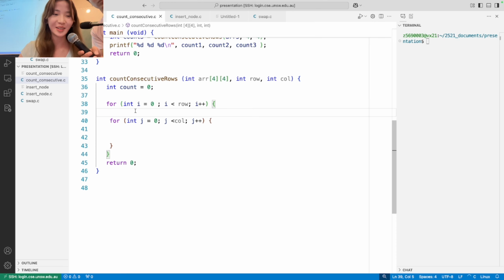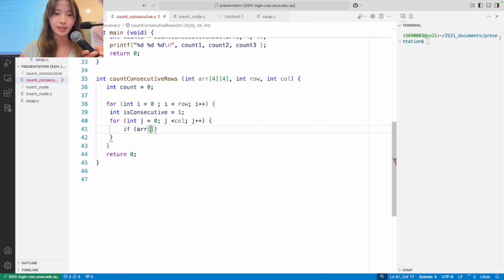Okay, all good. So I'll start this by creating a flag, right? What that flag does is check if one of these rows is consecutive or not. I'm going to initialize that flag to 1. When I initialize it to 1, it just means it's true, because 1 is true and 0 is false. So as I'm checking through each column inside the row, I'm going to put an if condition. And this condition is,